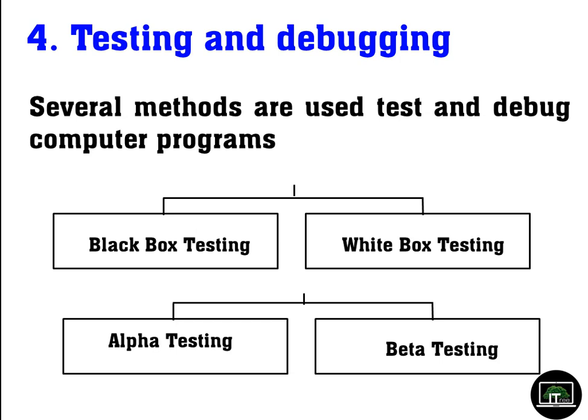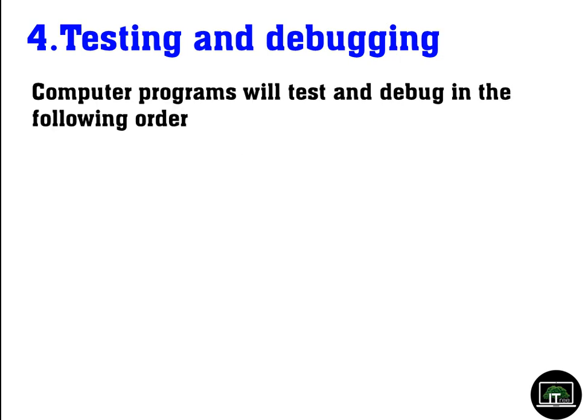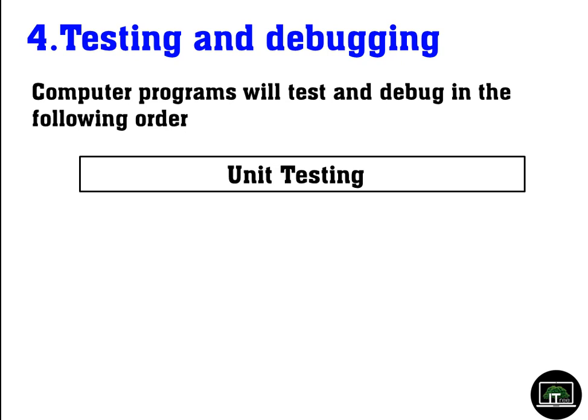There are so many methods used to test a system. There are so many methods, but we are interested here in the 4-step testing methodology. So we are carrying out testing in this way. The first step is unit testing. First we test units. Normally programs are developed in small units, called modules. So first we do the unit testing.